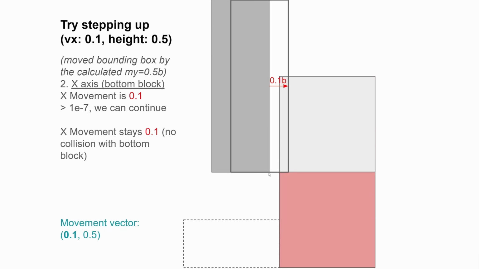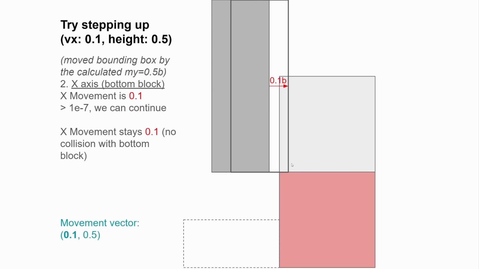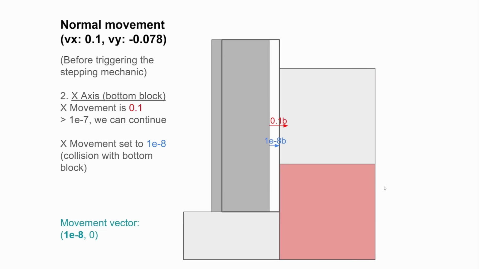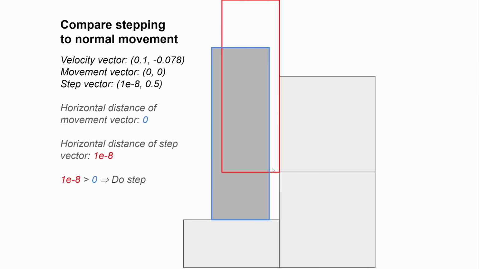Because the bounding box moves up before moving to the side during stepping, it only collides with the top block, not the bottom. Because of this, the X movement of 1e-8 doesn't get cancelled, since the only block the player collides with is the last collision check in that axis. Whereas during normal movement, the player collides with both blocks, the bottom one sending the movement to 1e-8, and the top sending that to 0. So, stepping moves the player against the block, while normal movement doesn't. And because of this, stepping yields a larger horizontal distance than normal movement,